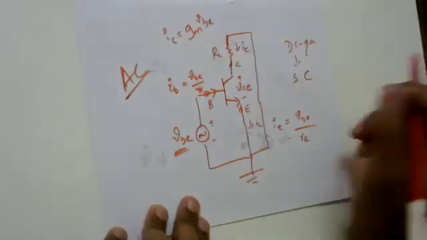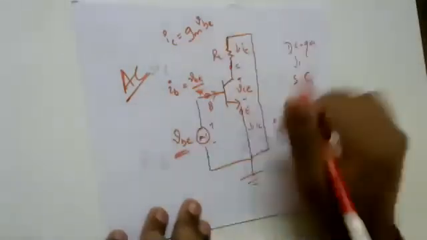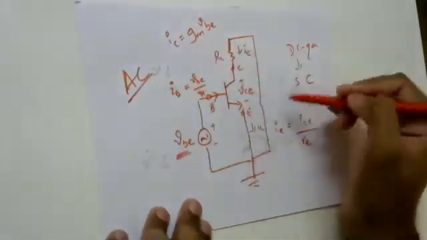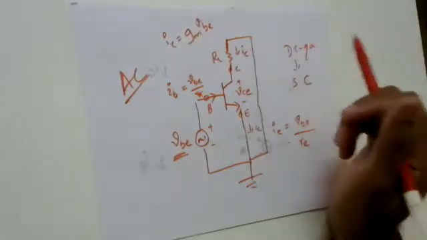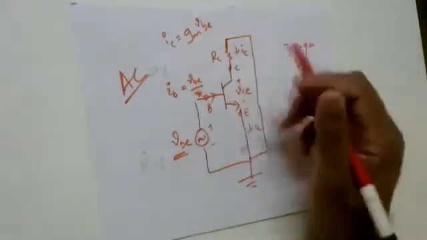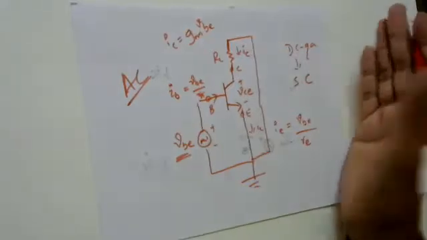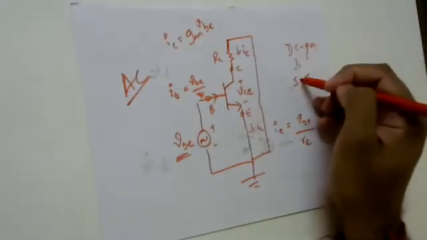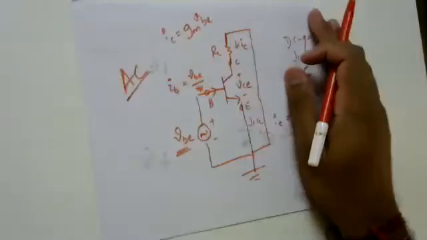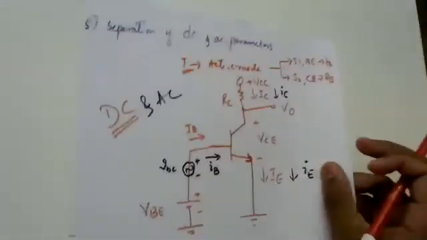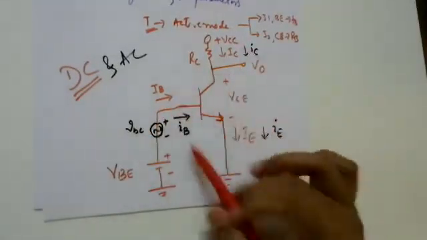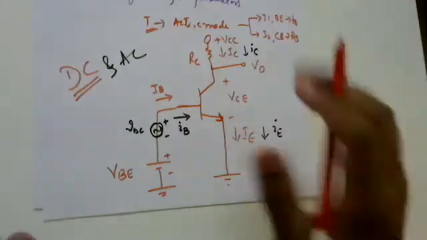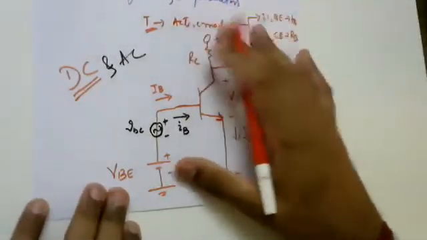VE divided by RE. So here I am just using equations wherein we consider only the AC parameters of the circuit. So when I want to make an AC analysis, at that time all the DC quantities I'm going to short circuit, and these are my AC parameters. But whenever I want to have both AC and DC, I will have a circuit like this, a combination of both DC as well as AC parameters. In reality, this is how the circuit will be.